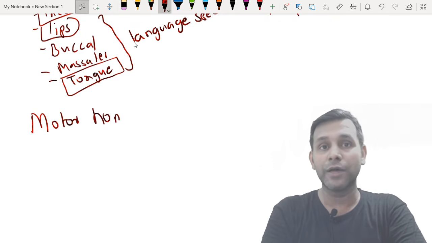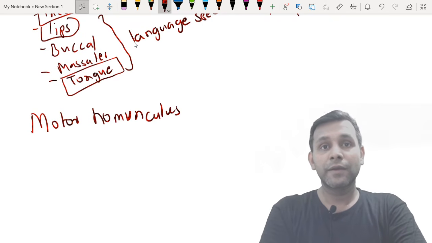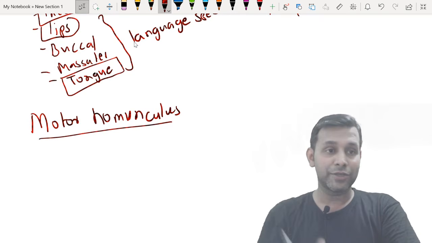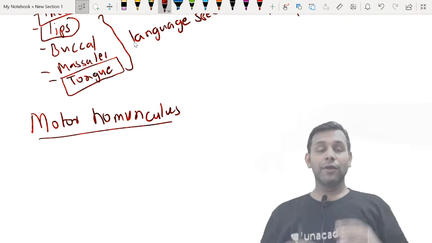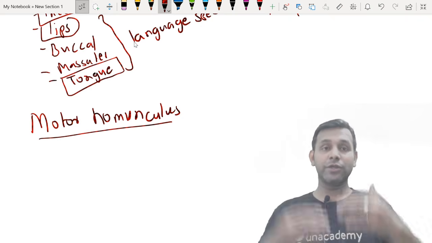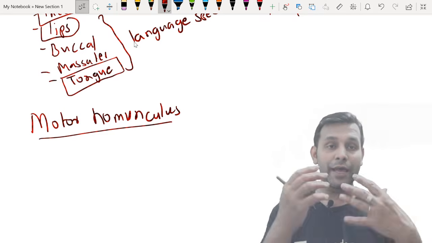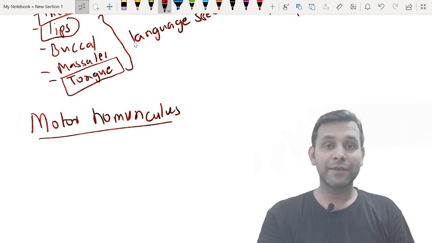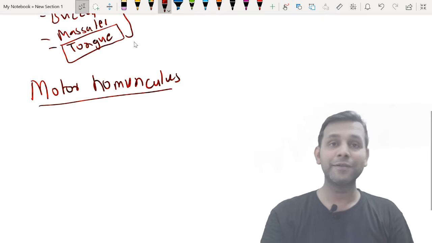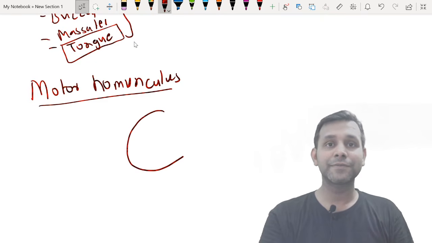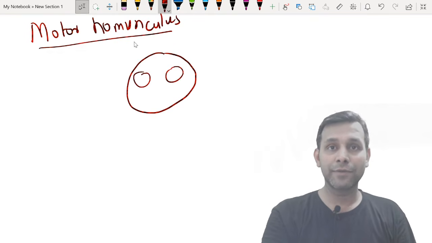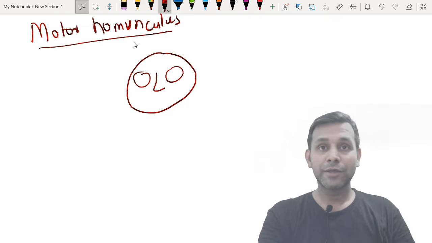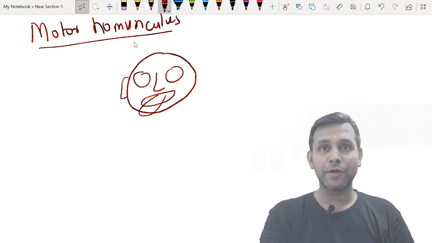A motor homunculus is an individual, or you can say a presentation or art, which is based on the representation of the human body, and that motor homunculus has a very typical type of appearance with a big face, big eyes because of the extraocular muscles, nose, big mouth, big tongue, smaller ears because ears have a lesser amount